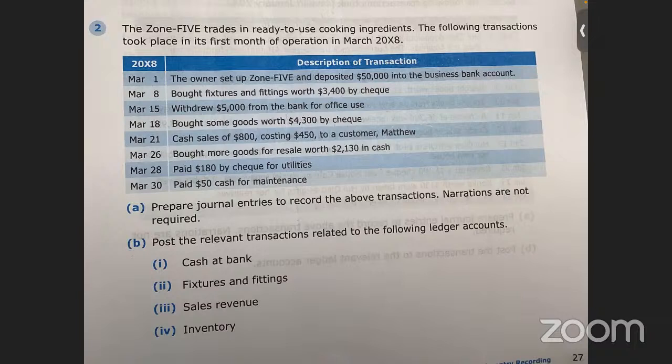This is my second very important lesson to you. You look at your original answer for March 1. Look at it. Here you follow your teacher, right? You say cash at bank increase debit, and then capital, for some reason, capital credit 50,000. You follow your teacher, correct? This is, I set up for you a reverse scenario, owner withdraw. So if owner deposit, capital is affected. Owner withdraw, capital also affected.